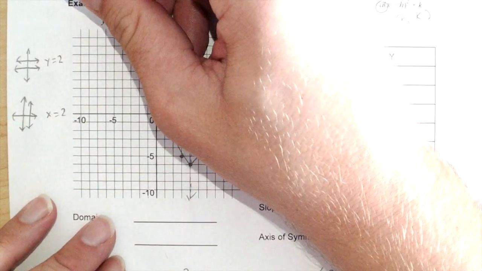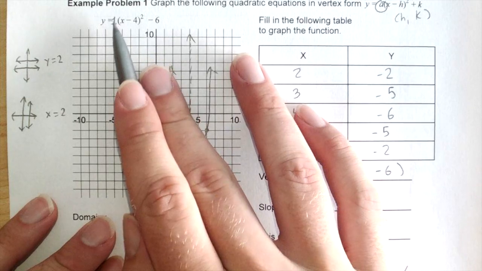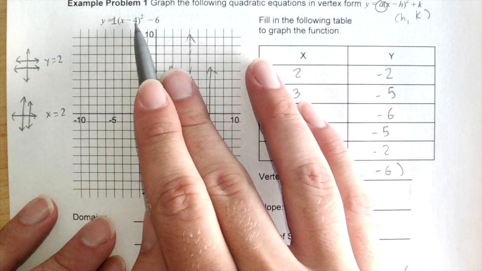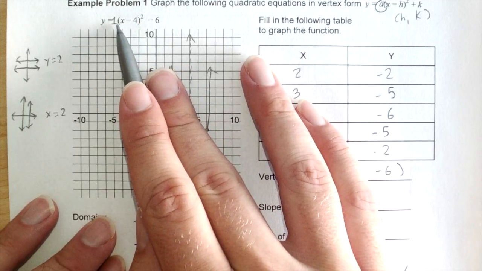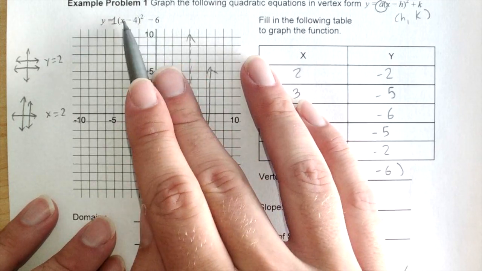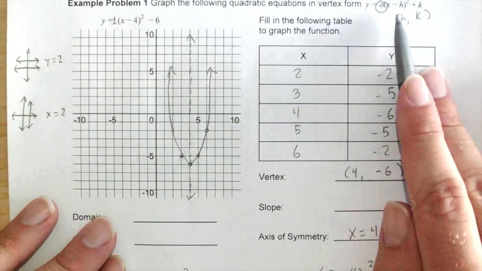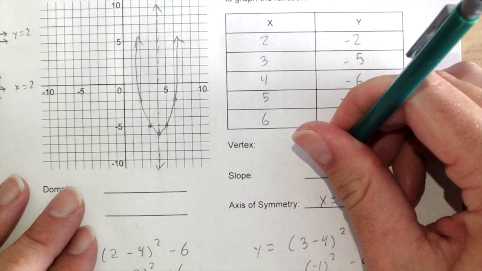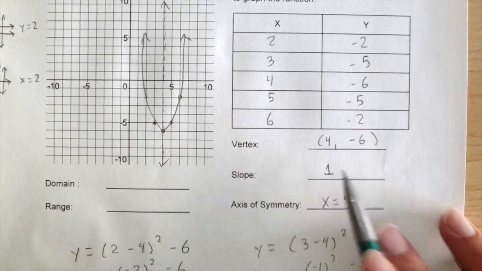The implied number is always 1, okay? A single x minus 4 squared is happening here, right? There's not 2x minus 4 squareds, there's not negative 3x minus 4 squareds, there's a single 1, okay? So if you don't see a number here, your slope is 1. That's the implied number. So math is a lot about the implied numbers sometimes, and what that number is going to tell you